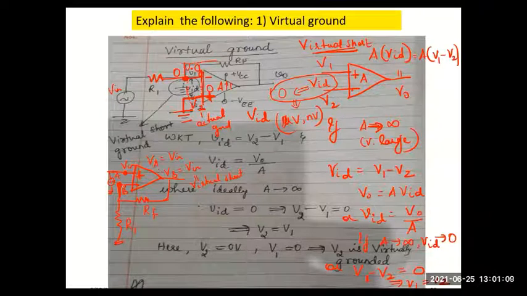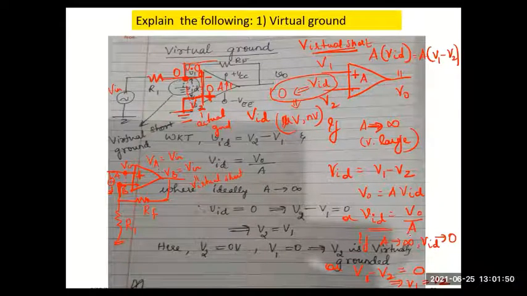So using this virtual short principle, wherever I have a direct connection, I will say the other terminal voltage should follow that direct connection. Therefore, the voltage at this inverting terminal will also be equivalent to Vin. And this is a very, very valid conclusion for the simple reason that we know op-amp gives us very high gain, ideally infinity. And we have shown that the output can be generated with almost 0 input voltage.